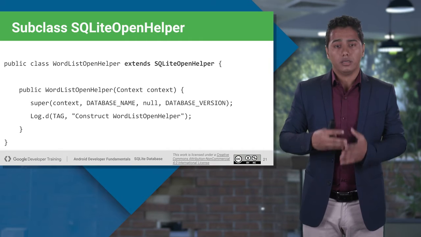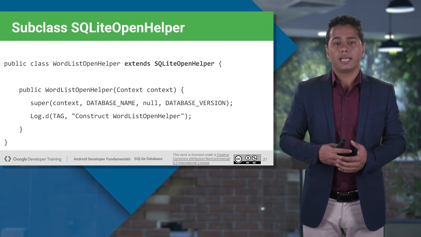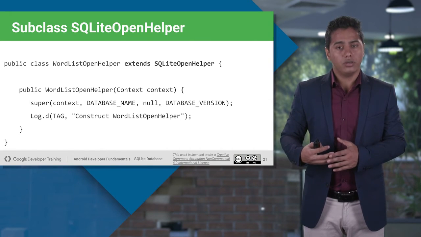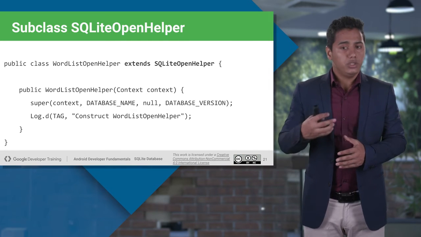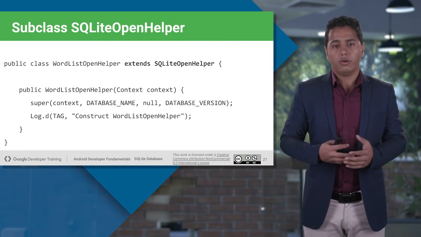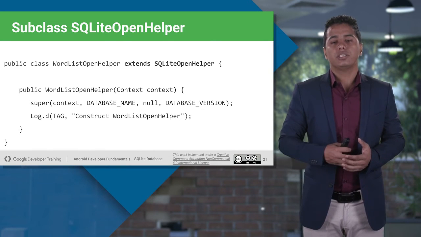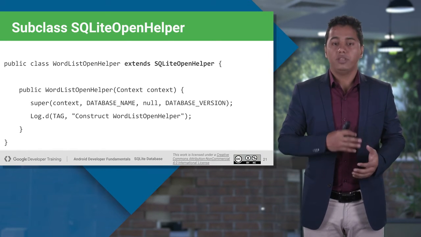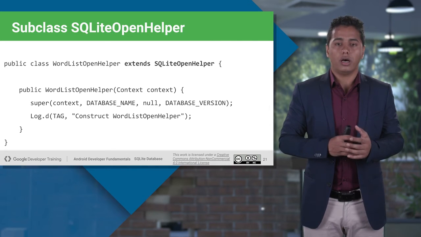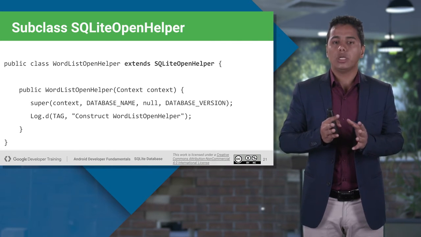Third is your cursor factory object. What exactly is that? If you have a subclass of the cursor object, then you use that object here. Otherwise, if you want to use the default one, just put null. And last is the version of the database. If there is any change of version, let's say today in your database there are only 2 columns.